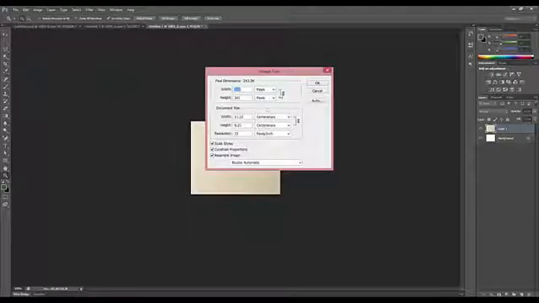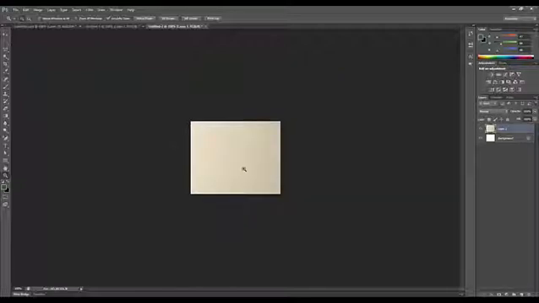Image size. We'll take this off because that'll lock the size, if it'll let me. Looks like it won't. Oh, I see, constrain proportions. There we go. Now it'll work. 318. So we're going to change that to 320 because that can be divided by 10, and we're going to change this to 260. That's what I did on the one in the game, and it looks like that. It looks pretty much the same.